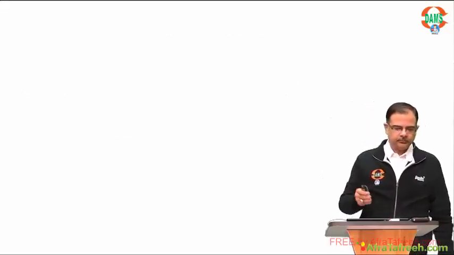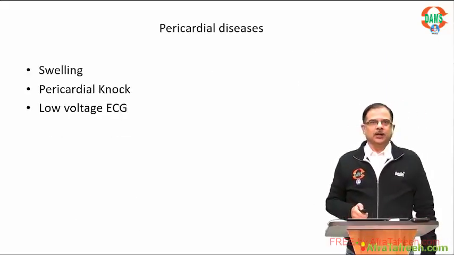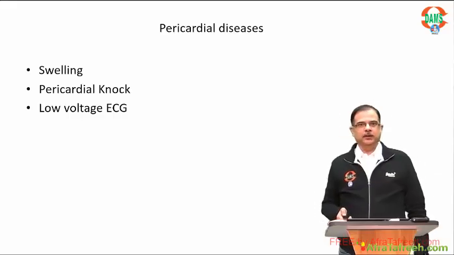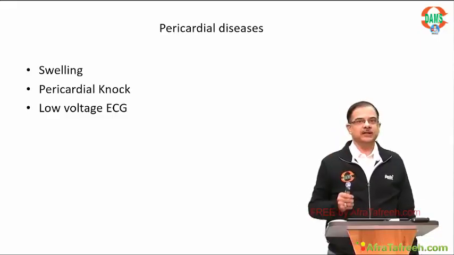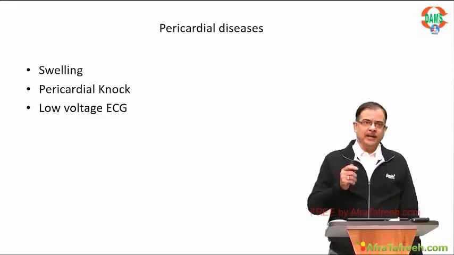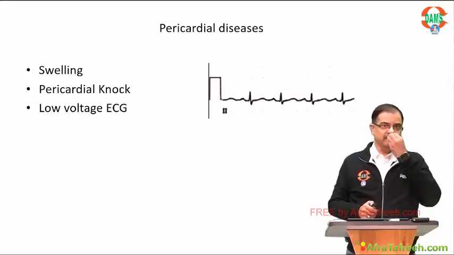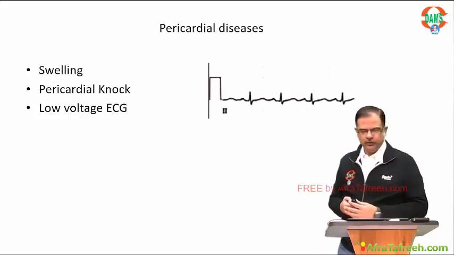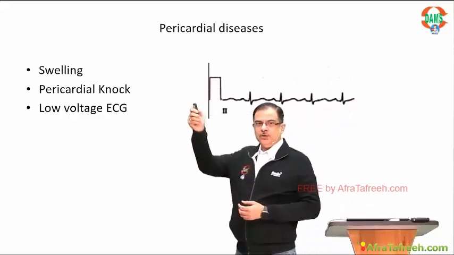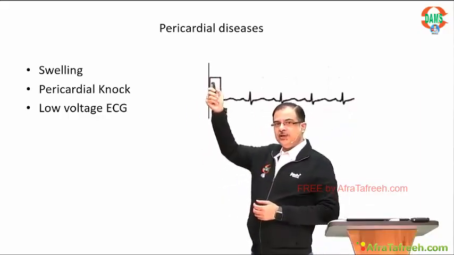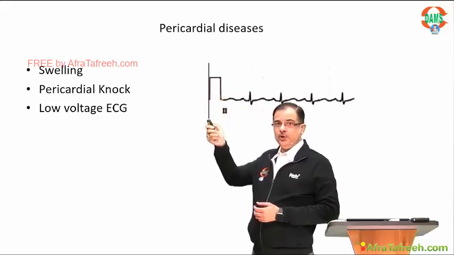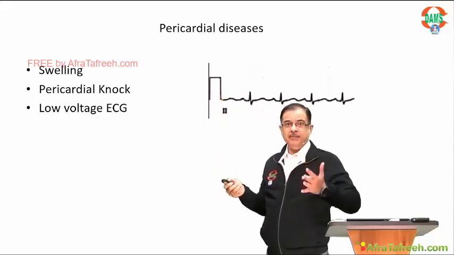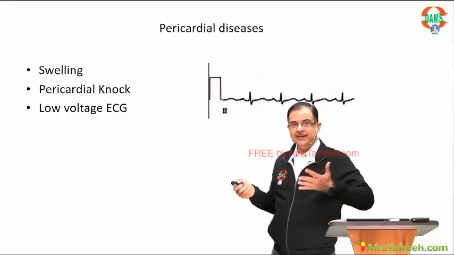Now look here, the patient has swelling, and a very important keyword, pericardial knock. So there is only one answer whenever pericardial knock is there. And on the ECG, if you can see, there will be low voltages. How do we know that low voltages are there? Look at the standardization in the ECG leads. This is a box which is 10 mm in height. Normally the lead 2 QRS complexes are 10 mm. That is a normal voltage.